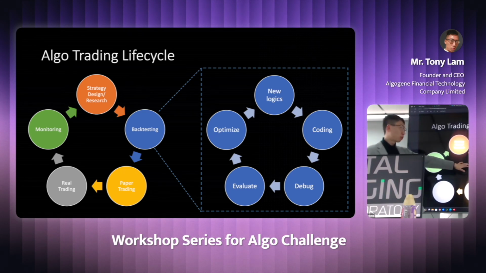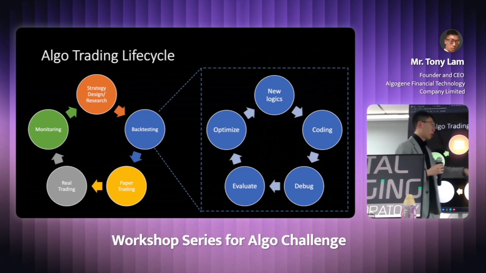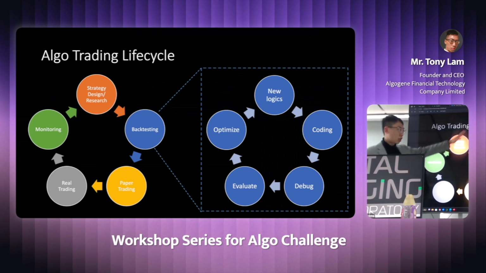Because if the backtesting process is inaccurate, most of the time we can come up with an overfitting problem. For example, we can fine tune the parameters such that we can achieve a very profitable trading strategy. But if we apply this kind of overfitting model to a real market, most of the time we can see that the performance may not be sustainable. So we want to detect this kind of problem.